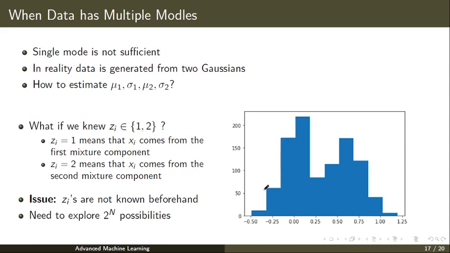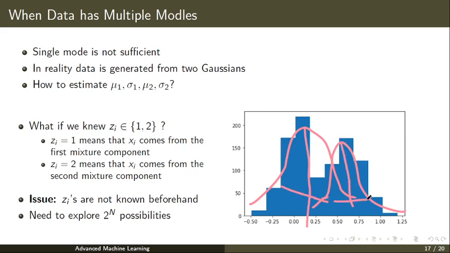We have this data now like this, and we have one more distribution like this. So we know that there are two nice bell curves. We would like to identify the first bell curve's mu 1 and sigma 1, and then mu 2 and sigma 2. These two we would like to identify.